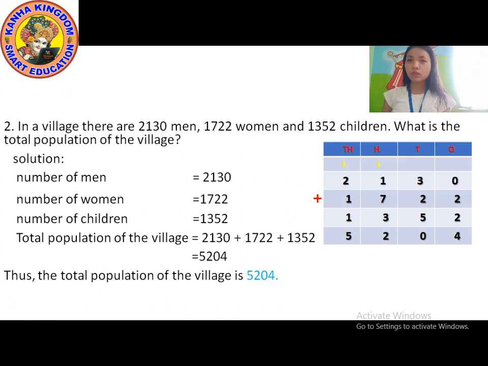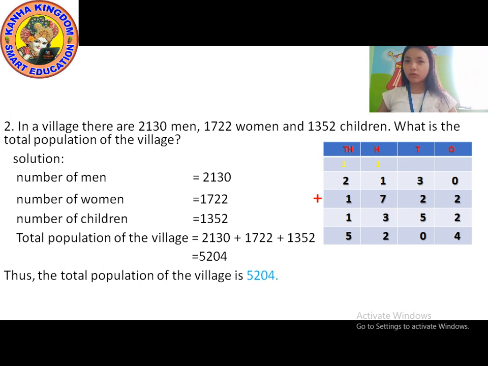The total population of that village is the sum of the men, women and the children of that village, right? So we have to add the number of men, the number of women and the number of children of that village. So solution: number of men